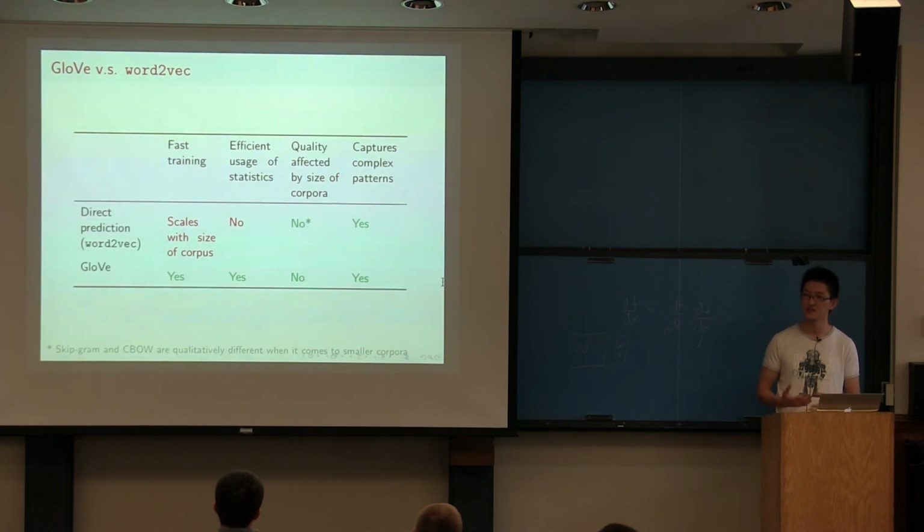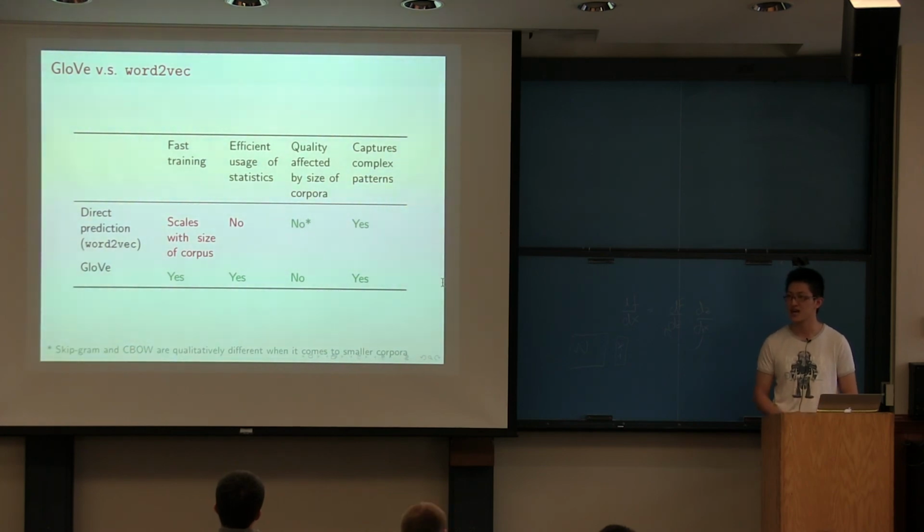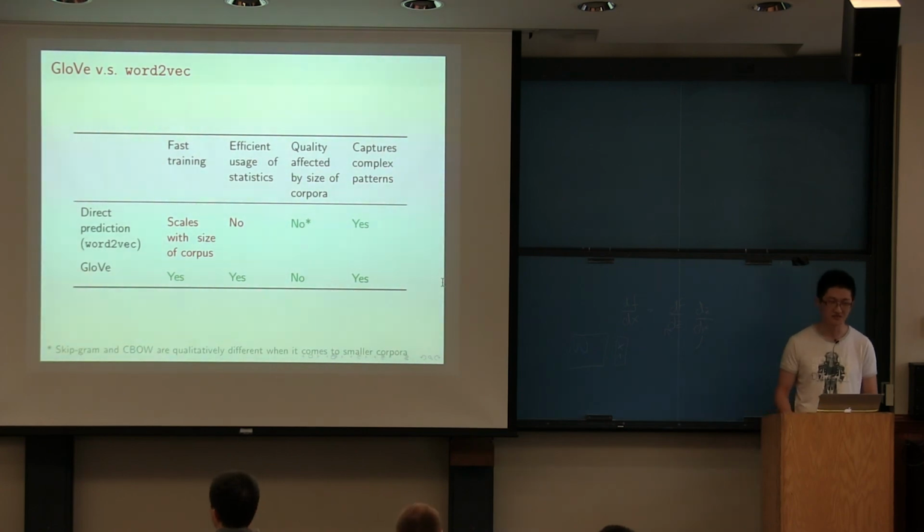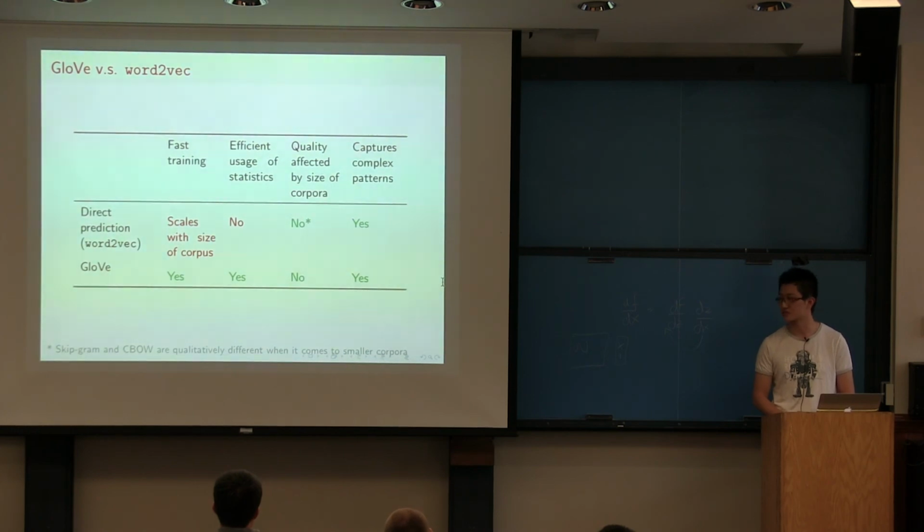So effectively, your algorithm runs in linear time in the number of context windows you have. But GloVe is free from that. By directly using the word co-occurrence matrix, it makes better, more efficient usage of the co-occurrence statistics. If you're unsure about anything that I just mentioned, please go back and review, I believe it's lecture 2.